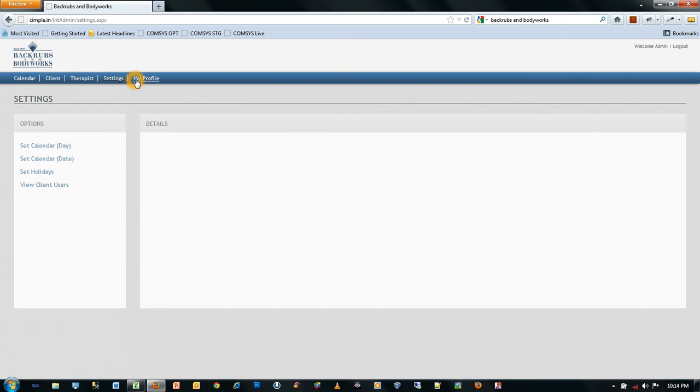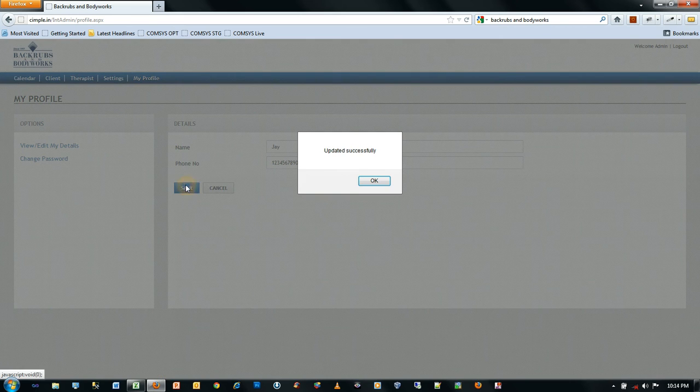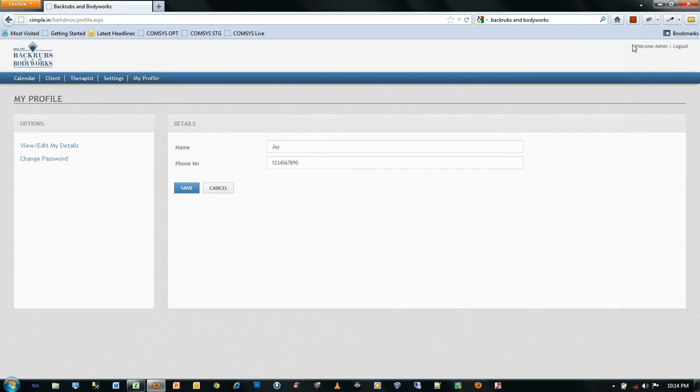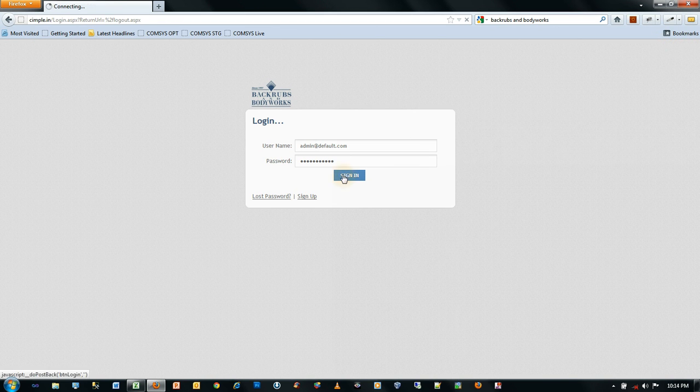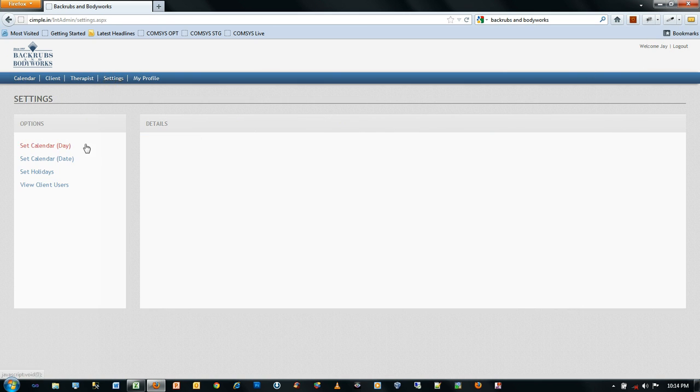But before going to the settings page, I would like to show you on my profile there are two options. You can change your name and phone number, then you can change the password. Right now, if you see on the top of my screen, it says welcome admin. Right now, if I put welcome Mr. J, and I save it, next time I log in, here it will come as welcome J. I'll just show you. I just logged out and will sign in again. Now you can see that it says welcome J. Okay, now we'll go to the settings page, and here the different options are. You can assign